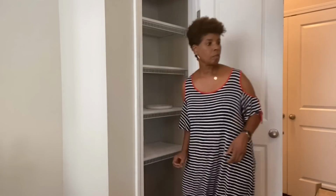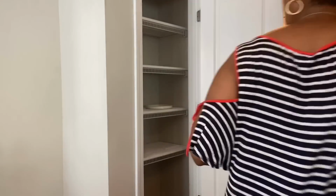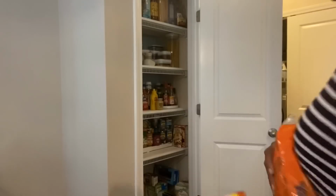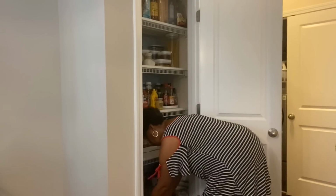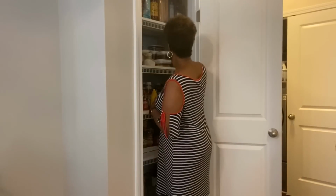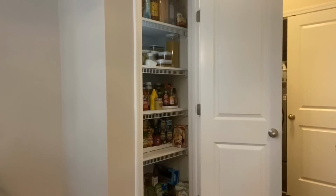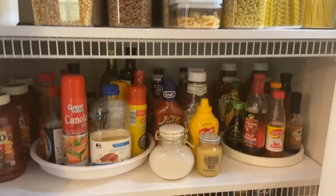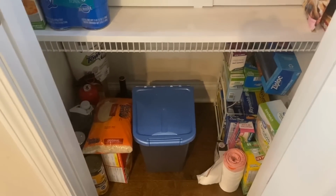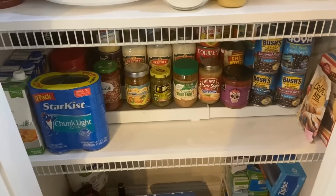I purged quite a few things that were beyond expiration date, and I also was able to create a pretty good list of the few things that I needed to pick up. I didn't need to get a lot of things, but there were some staple items that I wanted to make sure that I was stocked up on, such as rice, vegetable broth, pasta, beans, things like that. So I did make sure that I had a full supply of all of those items, and my condiments. Tuna was another one that I wanted to have plenty of, so I do have a small little stash there of that, and beans,